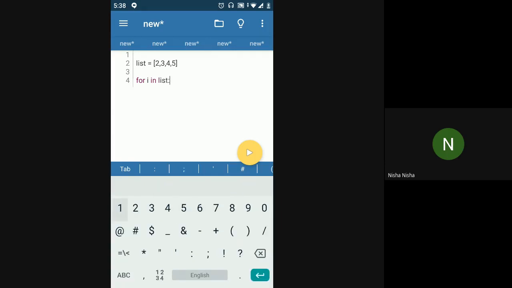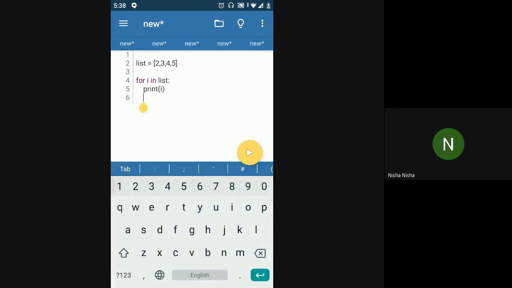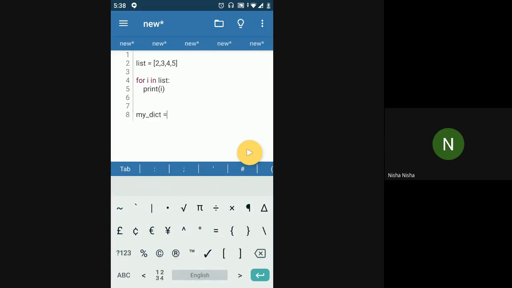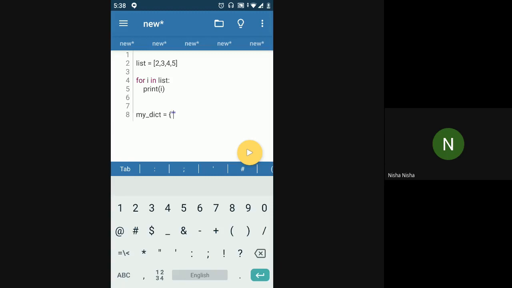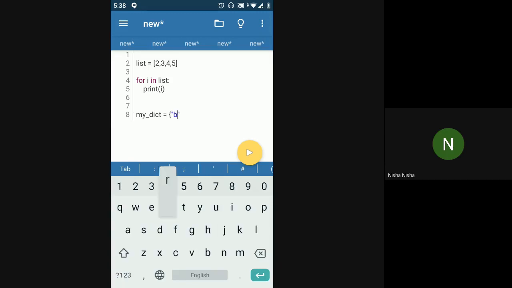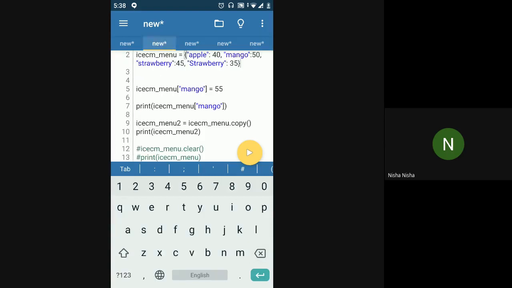And it will print me all the values that are present in the list. Now, in case I have a dictionary, and if I have maybe like a car brand or something, or maybe let's just use the earlier example one.